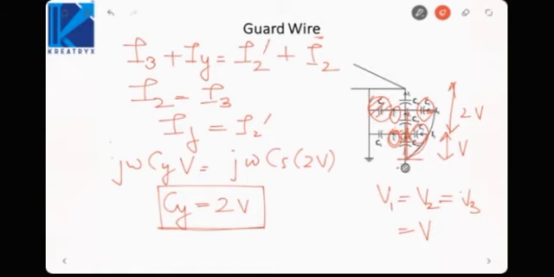But if you have a large number of disks, let us say 35 or 36 disks, then we do not use a guard wire at each and every metal link. We will use it at the last few links so that non-uniformity can be minimized, if not reduced to 0. If you cannot reduce it to 0, you want to minimize the non-uniformity so that string efficiency can be increased.